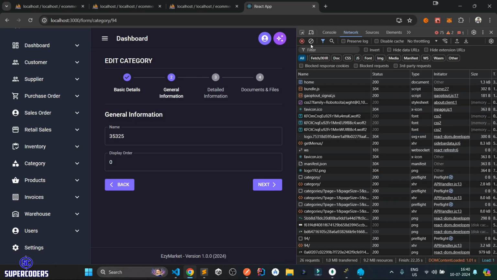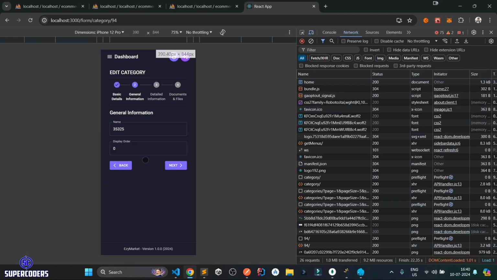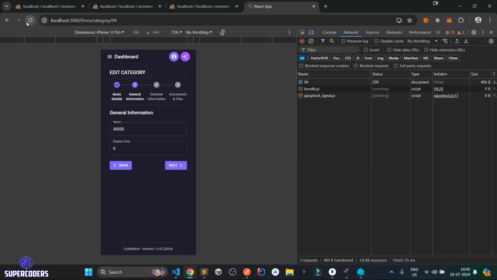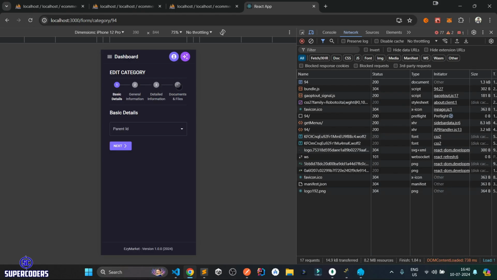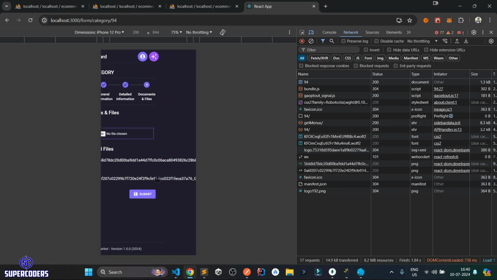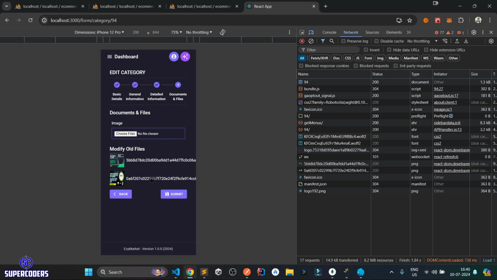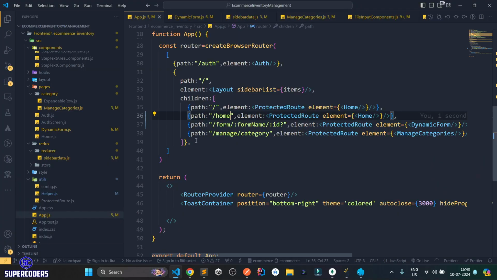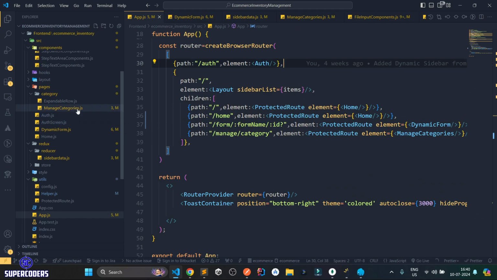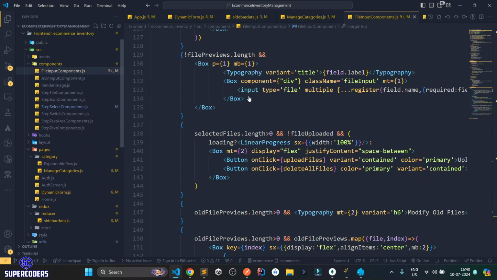After that, I have to fix one more thing. Last thing, if you see, if I refresh this page, come to documents and file, this file name is getting too long and it makes the UI break. So I have to fix this also. So for that, what I can do, come to my code, and here in my file component,